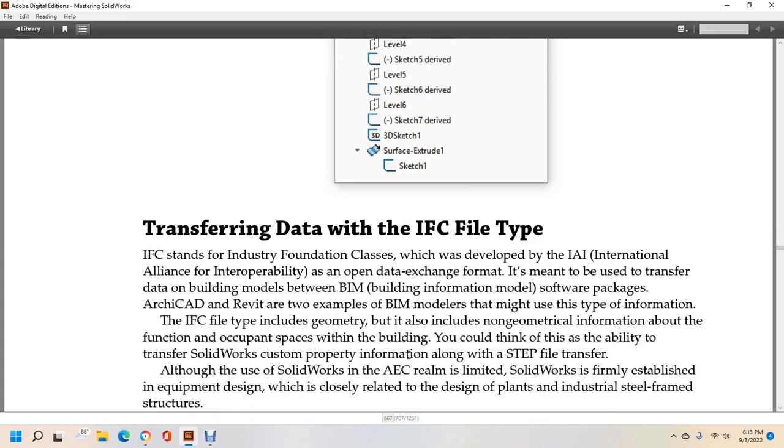Transferring data: IFC files. IFC stands for Industrial Foundation Classes, which was developed by the IAI, the International Alliance for Interoperability. As an open data exchange format, it is meant to be used to transfer data about building models between building information modeling, or BIM, software packages. ArchiCAD and Revit are two examples of building information modelers that might use this type of information. Industrial Foundation Classes file types include geometry, but can also include non-geometrical information about the functioning and occupant spaces within the building. We can find that these abilities to transfer, which carry SolidWorks custom property information, along with the STEP file